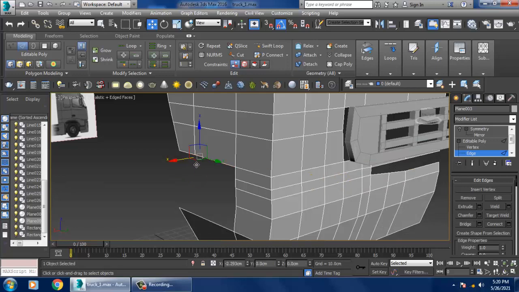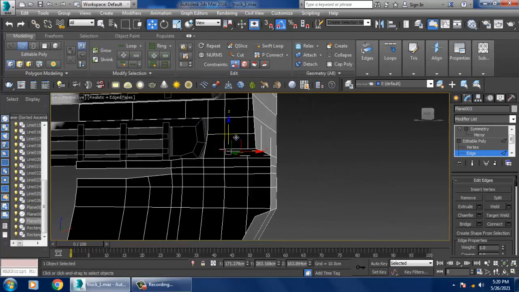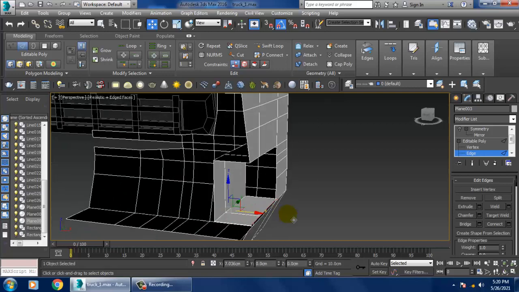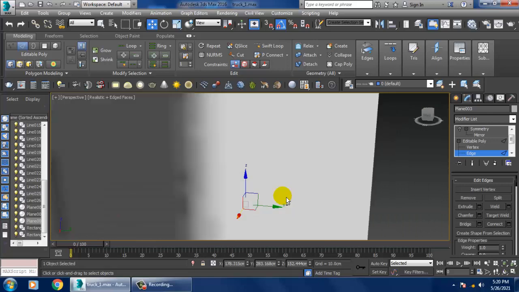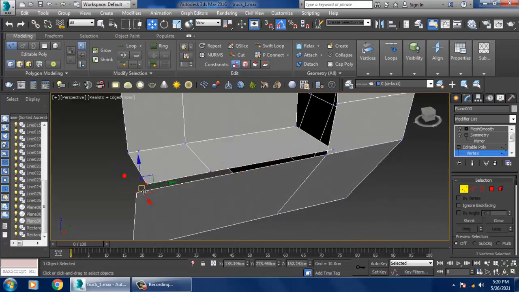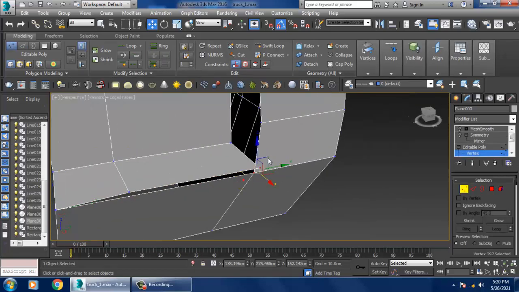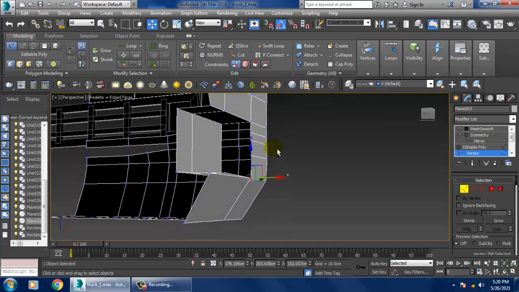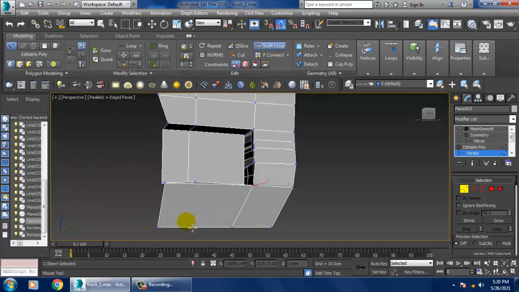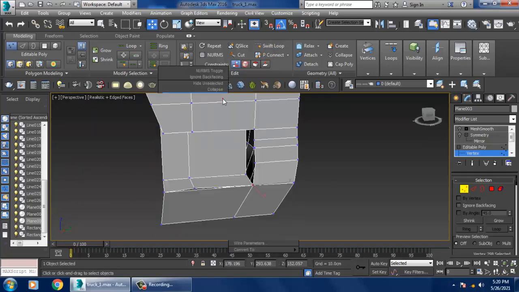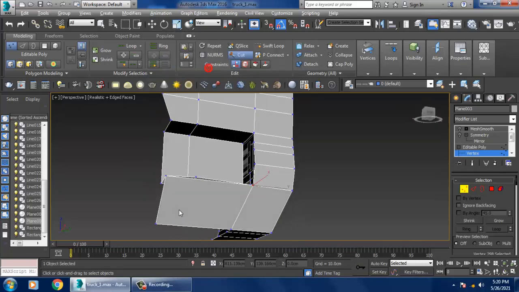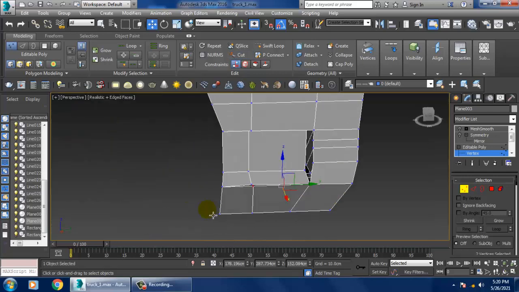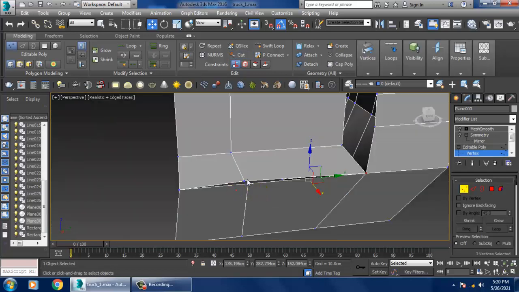Let's just shift and drag this, and duplicate that, drag it out again in this way. Select the vertices and weld that, and let's use a cut again. Let's use a cut for a manual segment only in this area and weld it.